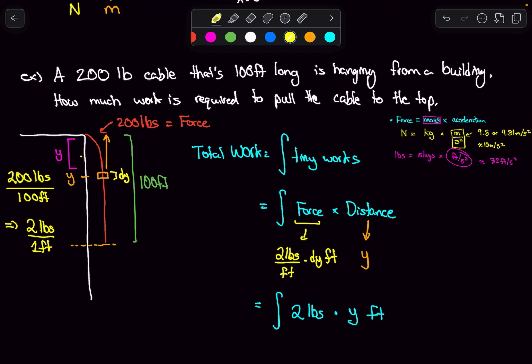Well, we need to take a slice for all of these particular y values. We can say starting at y is equal to 0 and going all the way down to y is equal to 100 based on how I have this drawn. So from 0 to 100, and we could execute this, right? We could do this. So we're going to get 2y squared over 2, which is just y squared, evaluated from 0 to 100. And I think 100 squared is 10,000